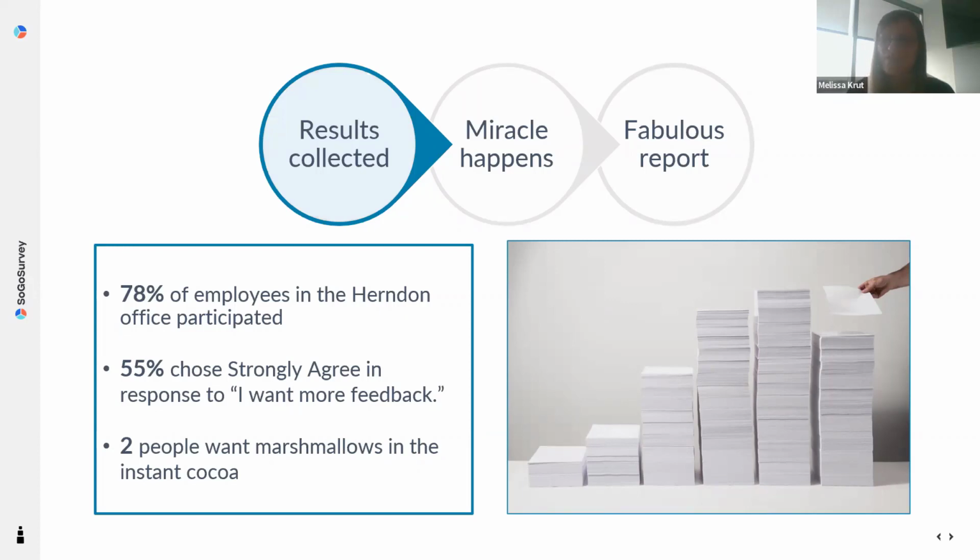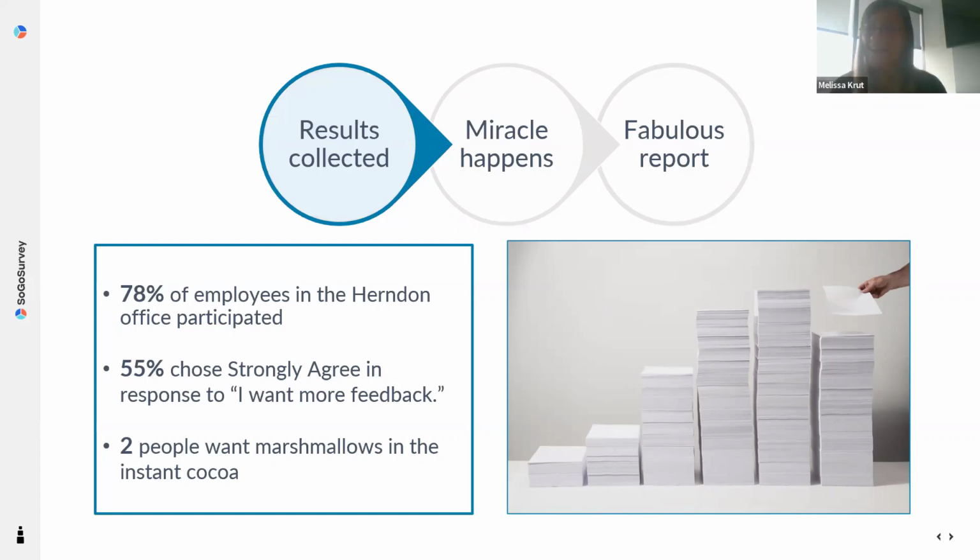55% chose strongly agree in response to "I want more feedback." Good information? Maybe, but also think about the trend idea too. Is that up or is that down? And that's only one answer option, perhaps on a 4 or 5 point scale. If 45% of people said strongly disagree, that gives us a full picture versus all the rest of those people also said agree. So combining some of those answer options may be more valuable than just the raw data point